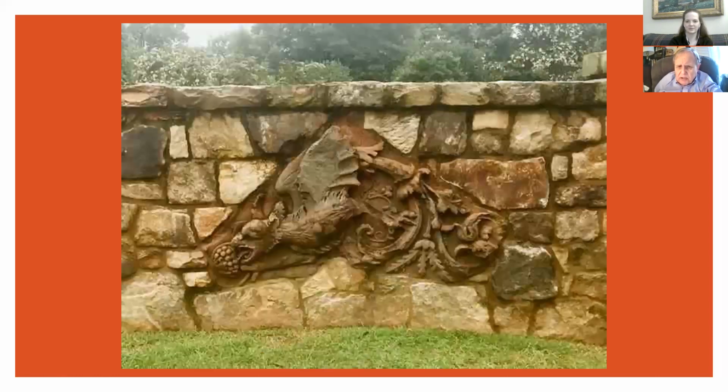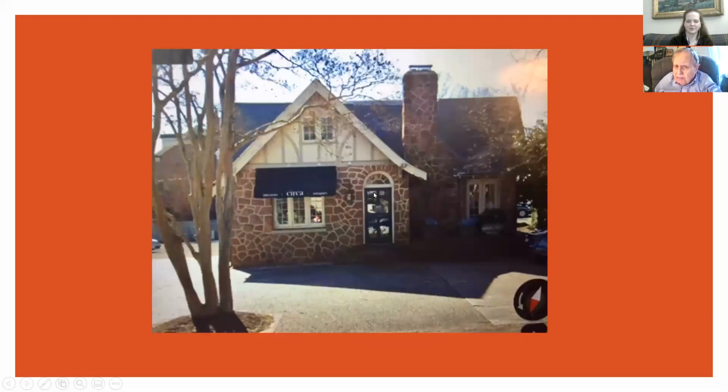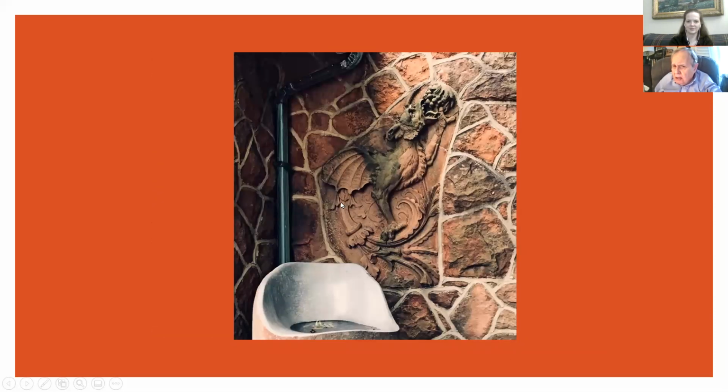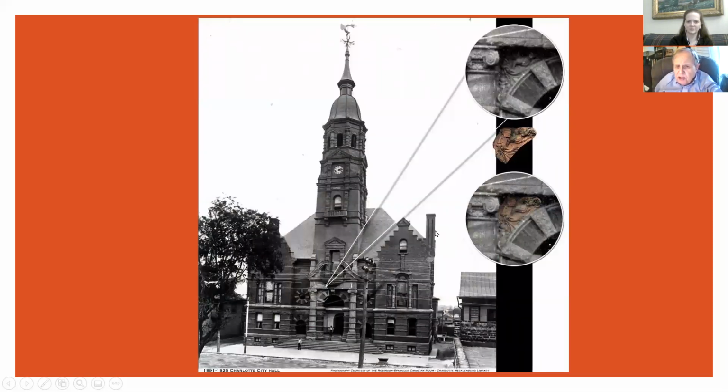So I knew all that, and I had heard that the Griffins came from the City Hall, and there was some circumstantial evidence that suggested that, because look at this brownstone. This is very, very fine material. And I had heard that this house was built out of rock that was taken from that 1891 City Hall. But I didn't have any proof. And you know, you never can say anything until you get proof, right? Well, let me tell you, Facebook is an amazing thing because